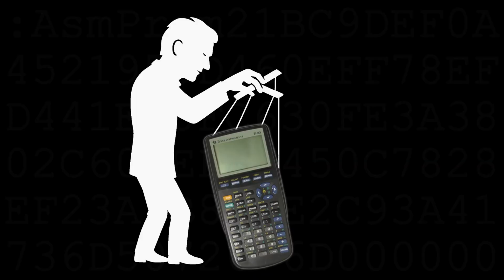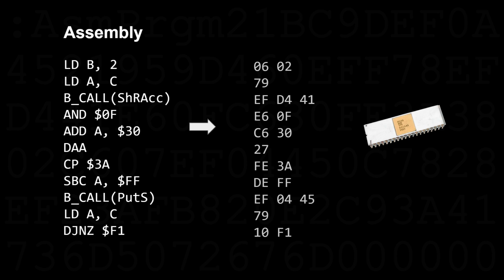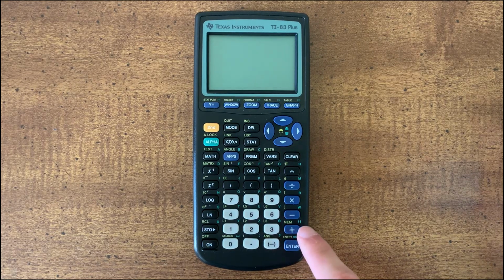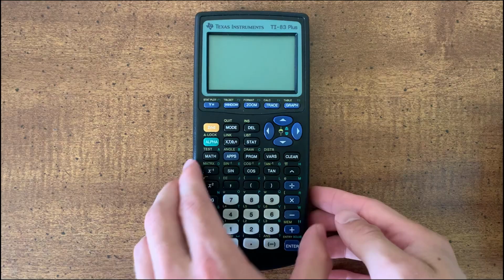TI Assembly allows users full control over the calculator. An assembly language is a programming language that corresponds very closely with the machine code instructions the CPU runs. These calculators take it a step further by making the user literally input raw bytes. Because there are no mnemonics or comments to help make sense of what you're typing, it's easy to make mistakes